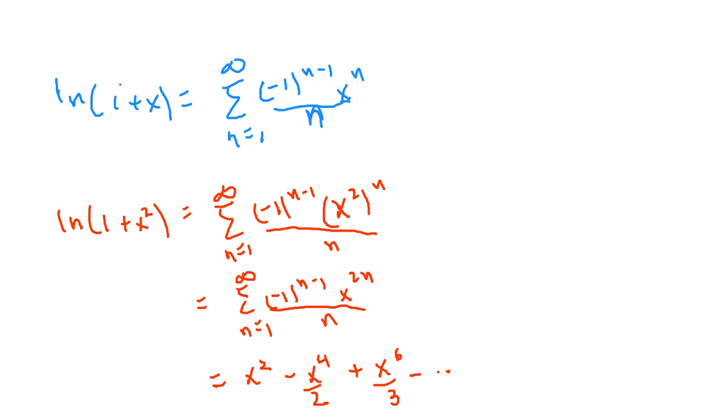It's an alternating series. And just so you see, how do we get x to the 6th over 3? X to the 6th over 3. Well, if we take,